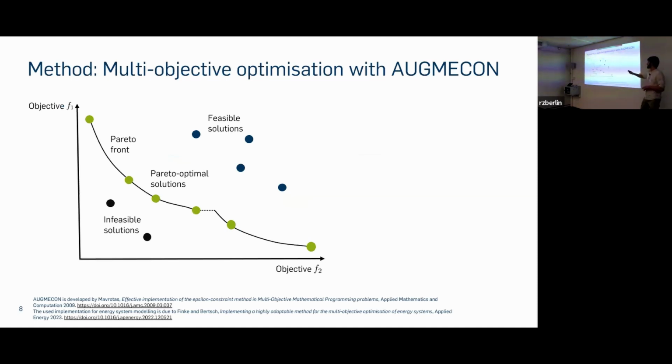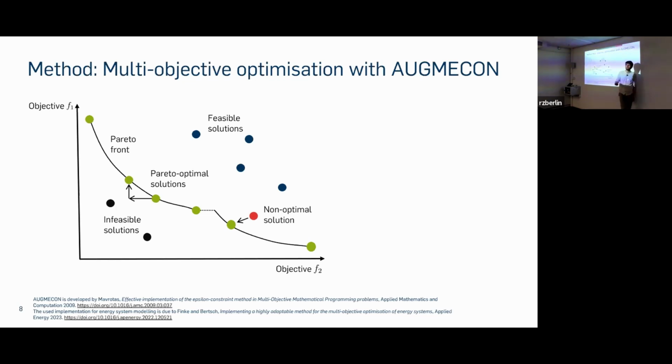In a multi-objective optimization world, we would consider the minimization of, let's say, two objectives. In the bottom left corner, we have many solutions that are desirable but infeasible. In the top right corner, we have solutions that are feasible but undesirable. In between these two, there's the so-called Pareto front, which consists of Pareto-optimal solutions. And these are optimal in the sense that improvements of one objective are only possible when deteriorating the other objective